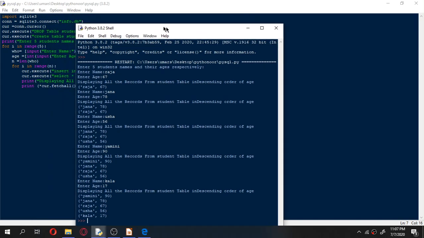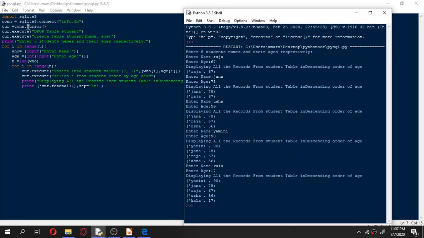As we are having 5 data, it is asking for 5 data inputs, and we are giving the data. Once it is received, it is displayed in the descending order of the age. So when you keep adding data, it automatically arranges in descending order of the age. Finally you can see the result here.